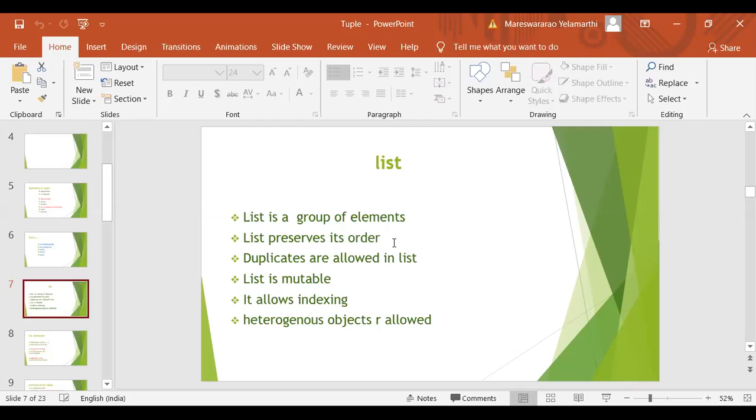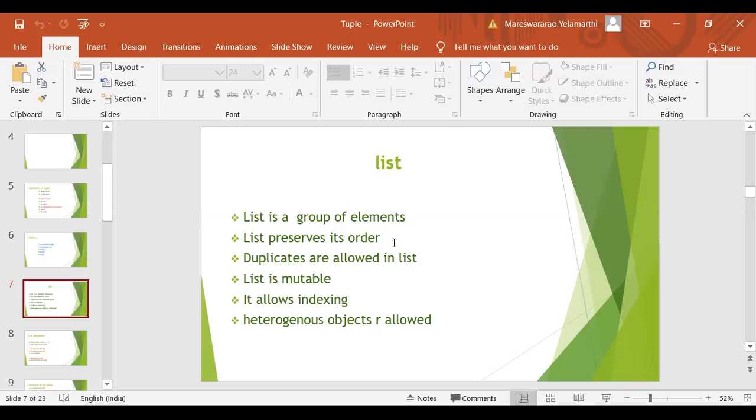Heterogeneous objects are also allowed. Heterogeneous objects means suppose you declare 1, 2, 3, some decimal numbers, some complex numbers, and strings also in the list. I will show you how to declare the heterogeneous objects in the list. Now go for the basic declaration of a list.